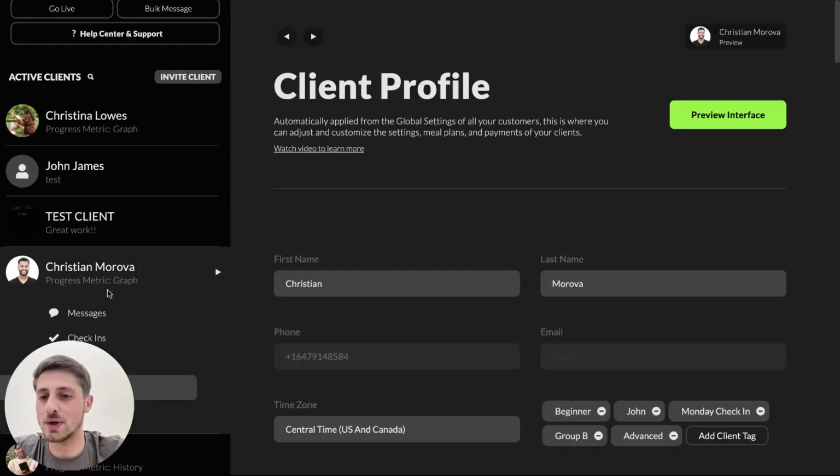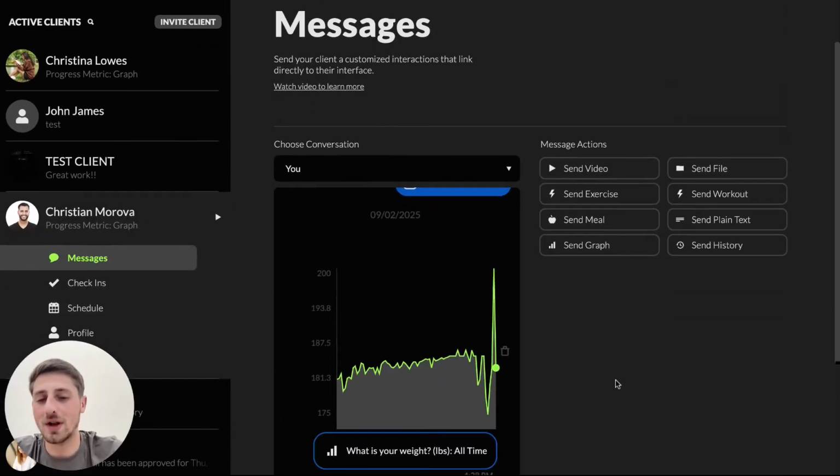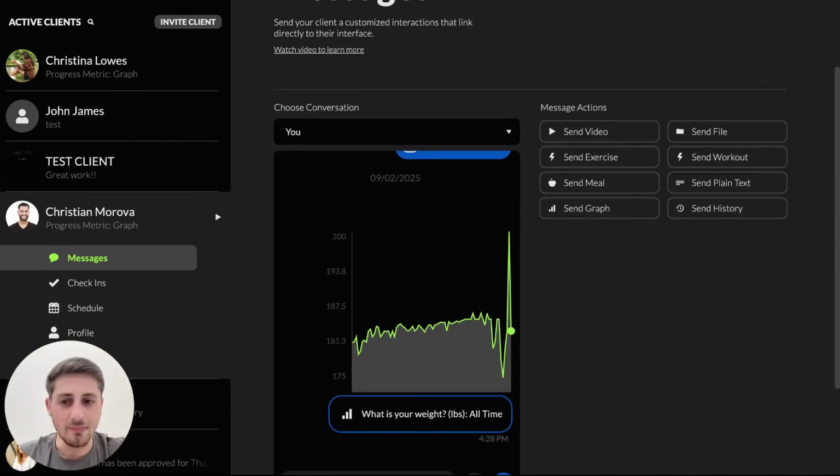Messaging, of course, super, super important. Don't use WhatsApp. Don't use a lot of other messaging platforms and even group messaging platforms like Facebook groups, school.com, whatever it may be. You can just use MyCoach Ai. Not only can you have all of your conversations directly with clients one-on-one in here, making you more efficient because you have leverage to all of these resources, but also your clients are just not going to miss it. It's the same place as they do their workouts, they do their nutrition and everything else. So they won't miss a message from you.